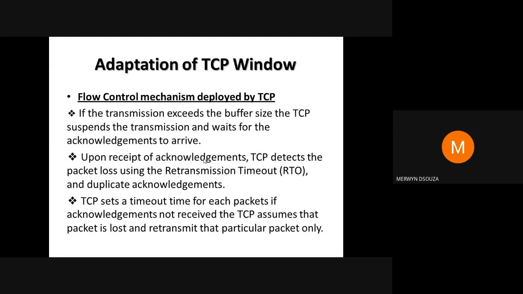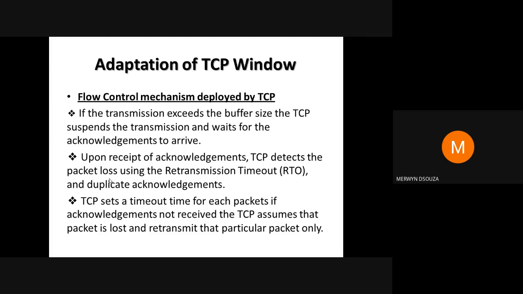But if the acknowledgements don't come, it can detect this using the 2 mechanisms that we discussed last time. One is the transmission timeout and the other is duplicate acknowledgements. If it detects either of these, it will sense that there's a packet loss and try to retransmit that particular packet. So basically this is the way it functions. If a packet has been lost or a timeout happens, it may retransmit only that packet, instead of retransmitting all the packets.